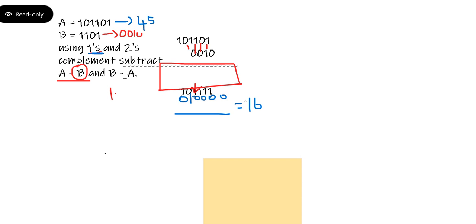So this is 16, this one, and the last one is 32. So 32 plus 8, 40. 40 plus 4, yeah, 45. Then for the other, 8, 4, 2, 1. I am seeing multiples of 2s. So 8, 12, 13. 13, right?